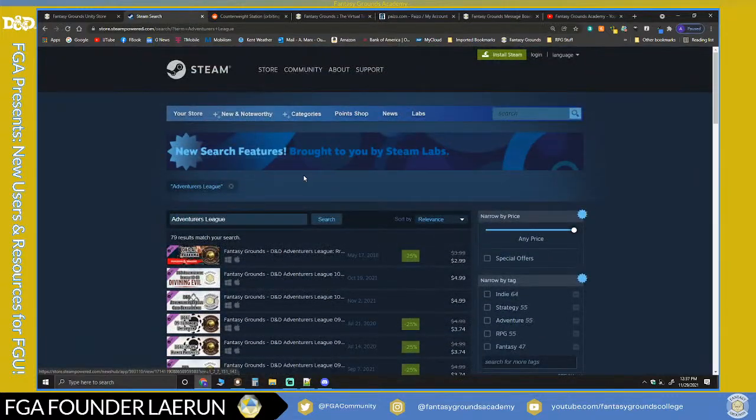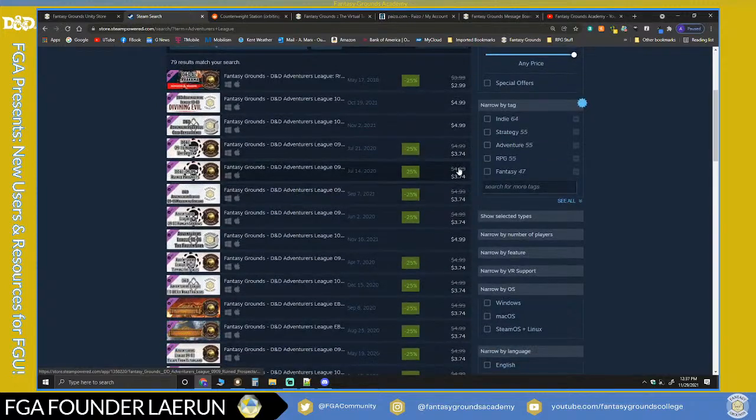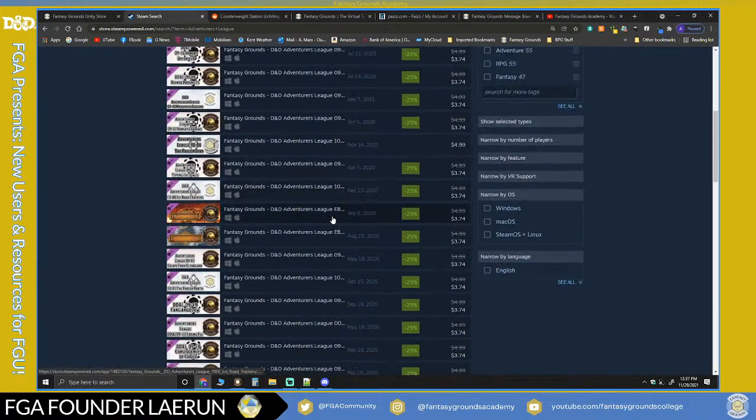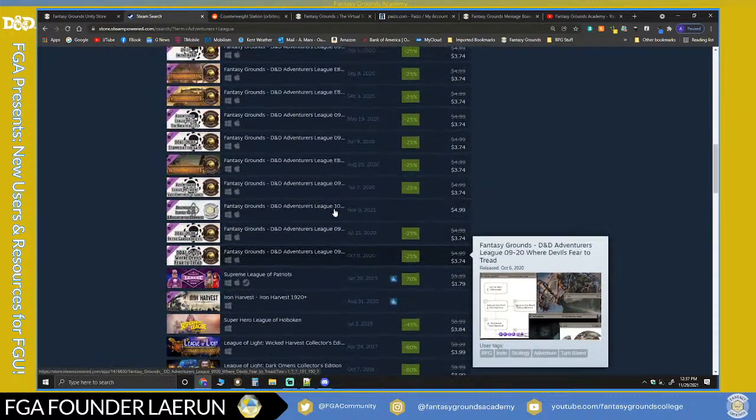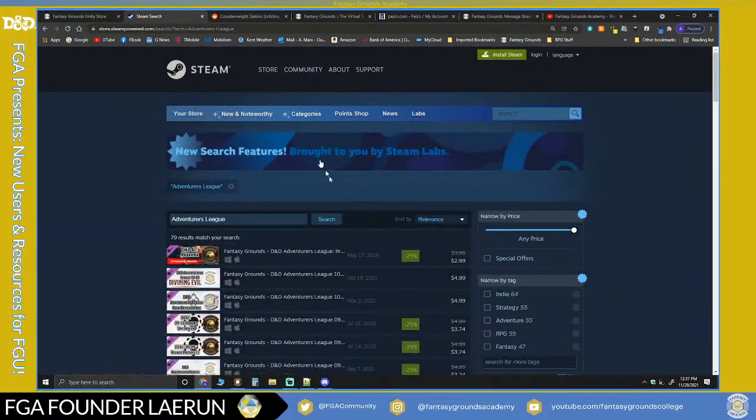The sales should be the same. There are discounts I'm noticing on the website, so the sales prices should be roughly the same. I think they try to make those parallel. And sometimes Steam will have a sale for its own sake, and Fantasy Grounds will mirror that. So if Steam says, hey, we're going to offer a sale on all of our Fantasy Grounds stuff, then Smiteworks will do the same thing. So they kind of have a partnership there.